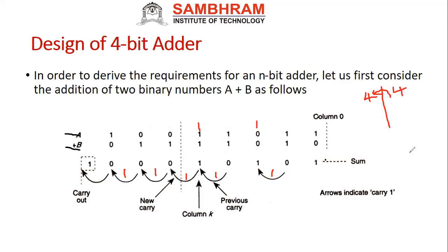So when I add any two numbers, what will happen? The numbers will be like this: 1, 1, 1, 0, again 1, 1. So now what will happen? 1 plus 1, the sum is 0, then I will get a carry. So I can say this carry is the previous carry. Correct? Next the sum is 0, then again the carry is 1. So I can say this is the new carry. That is what they said: this is the previous carry, then this is the new carry. Next, like this we will get.